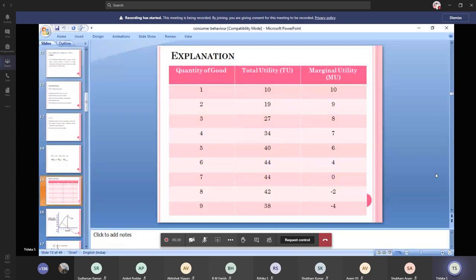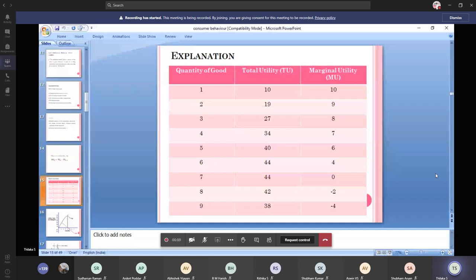So if a question is asked in the theoretical part, any theory or law in economics, we have to start with the statement, that is the introduction, which says about the author and the theory name, and the statement of the theory, assumptions, and the body of the theory. If there is a diagram, you have to include it, and the limitations. Likewise, here the body of the theory was given by Marshall with the use of the table and the diagram.